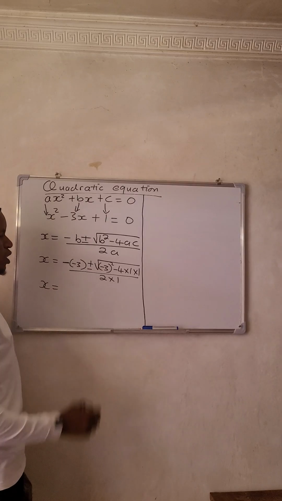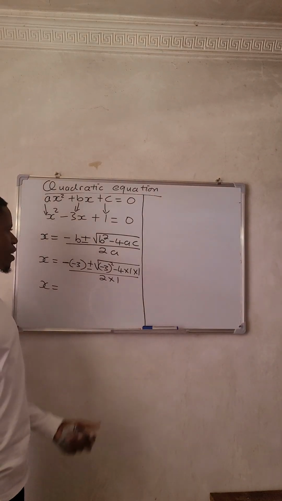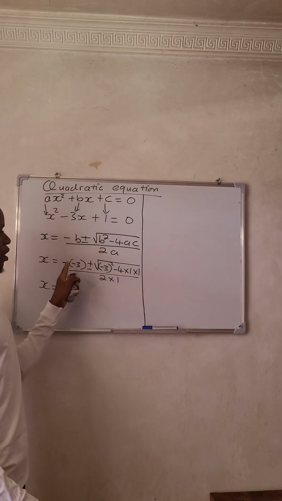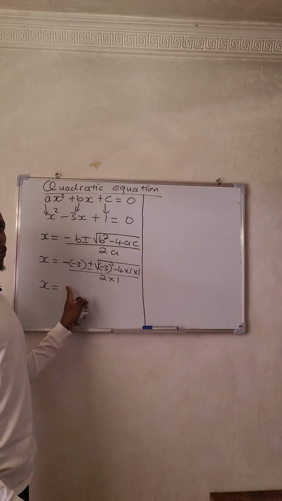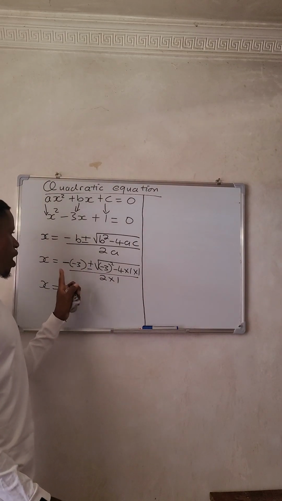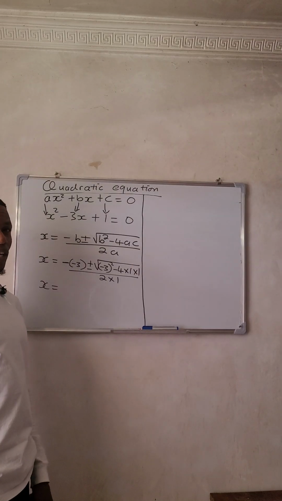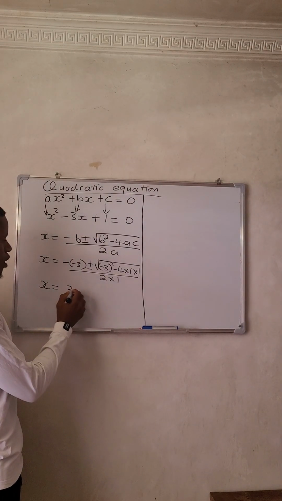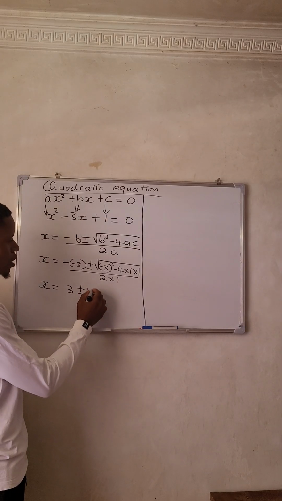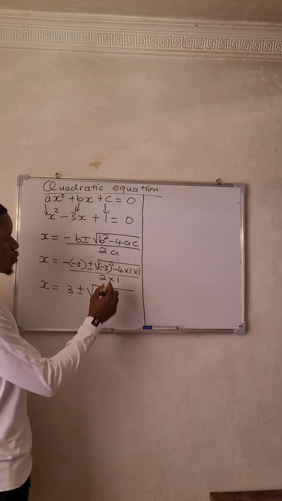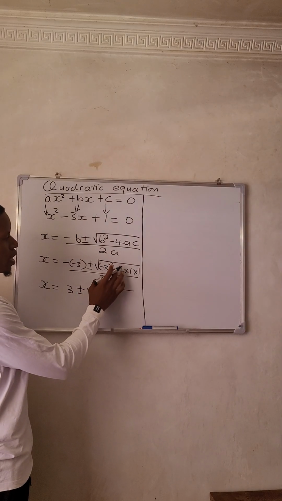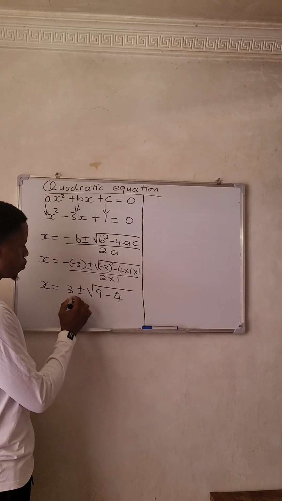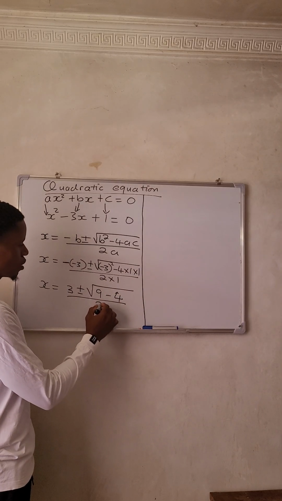Next step, you should simplify. By forgetting that we do have a negative sign and a negative sign here, you might make a mistake in the next step, and you will get a wrong answer. So negative times negative, you will get positive 3, plus or minus the square root of negative 3 squared, that will be 9, minus 4 times 1 times 1, which is minus 4, all over 2 times 1,